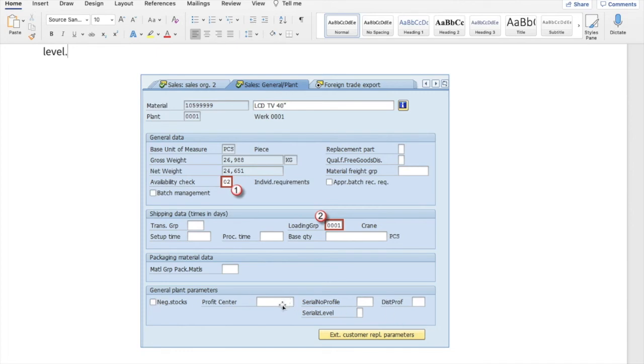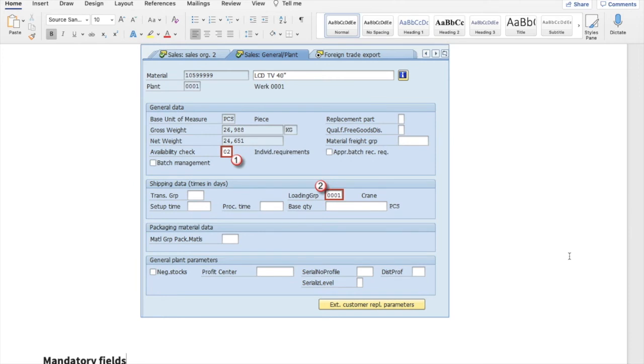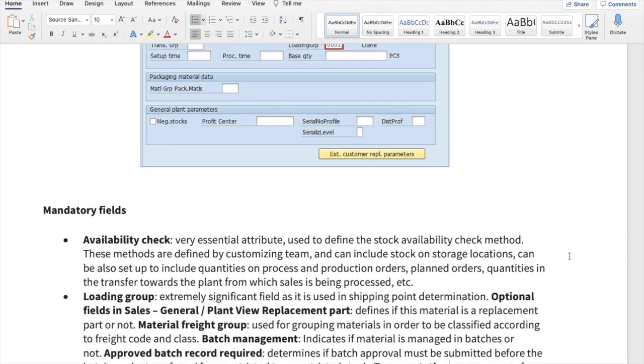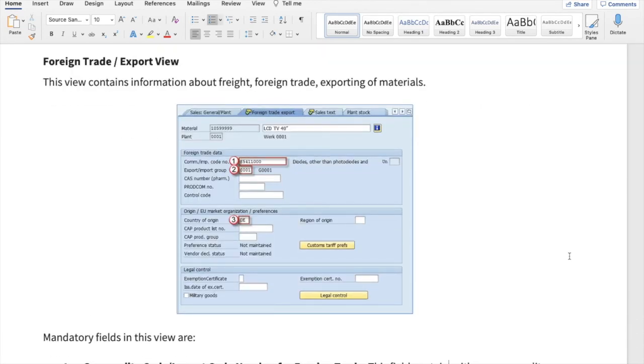And you can also put the profit center data. I told you about the profit center: under one business, which profit center. A profit center can be a division which is selling only television. You can mention which profit center the cost has to hit, or where the business, meaning the revenue, has to come. That profit center data will come here. There are many fields, and we can go there. I will go to the next view, which is called foreign trade export.